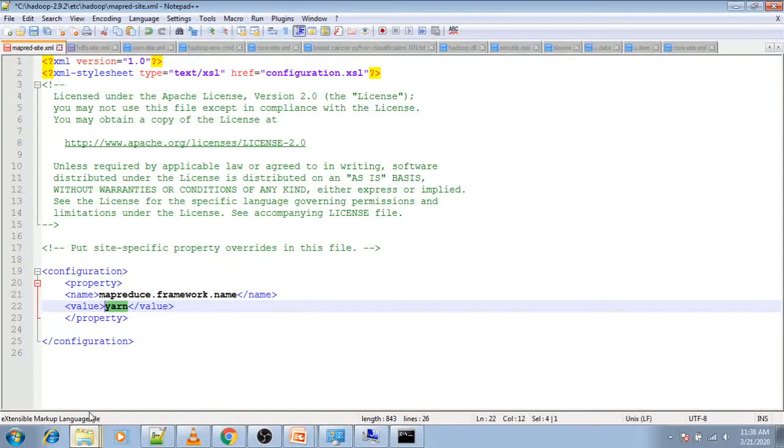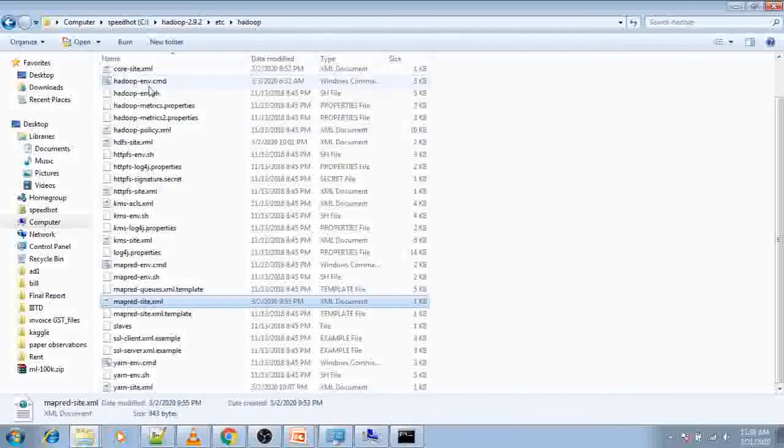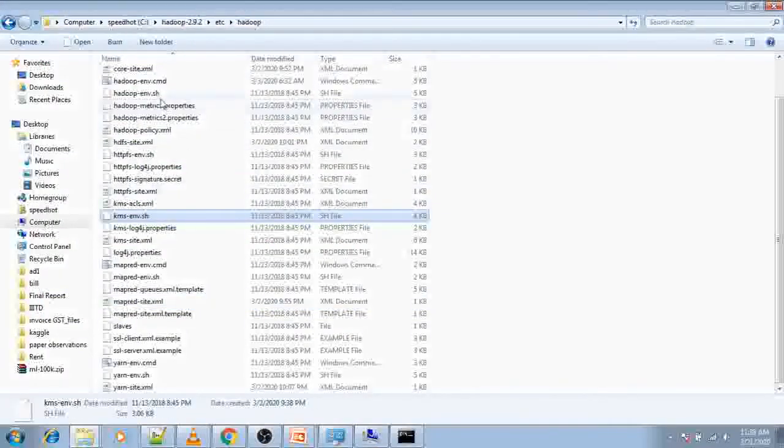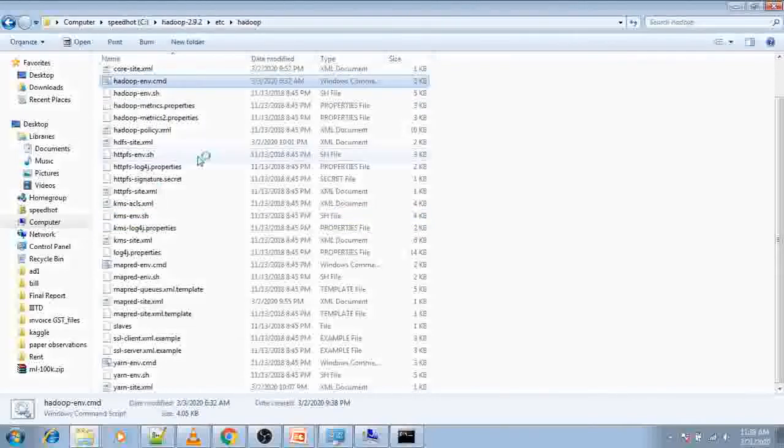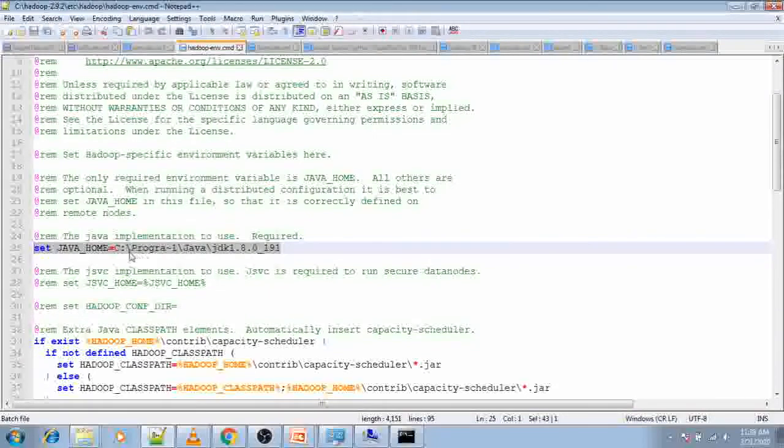Oh, we have it over here, okay, and we are searching for hadoop-env, this one. So click on edit, Notepad. Initially this would not be here,